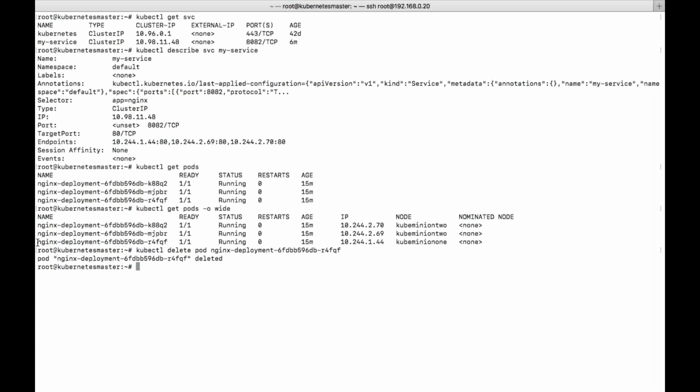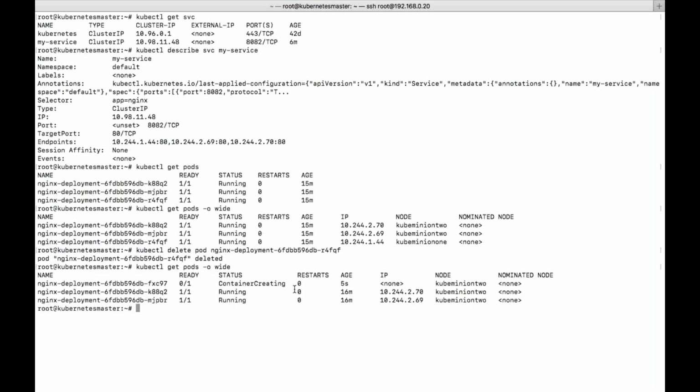You can see here, immediately one more new pod is getting created. On which node? All three pods are created on one particular node. At this point of time, it is a problem because if that particular node is down, your entire pods are down, right? Then immediately it will launch on another node because you are using a replica set.